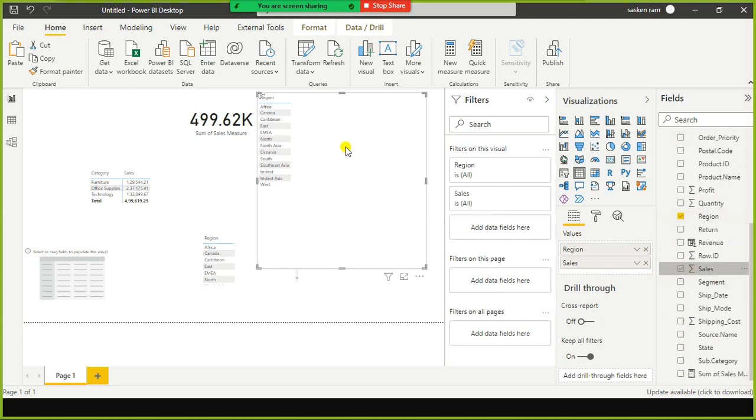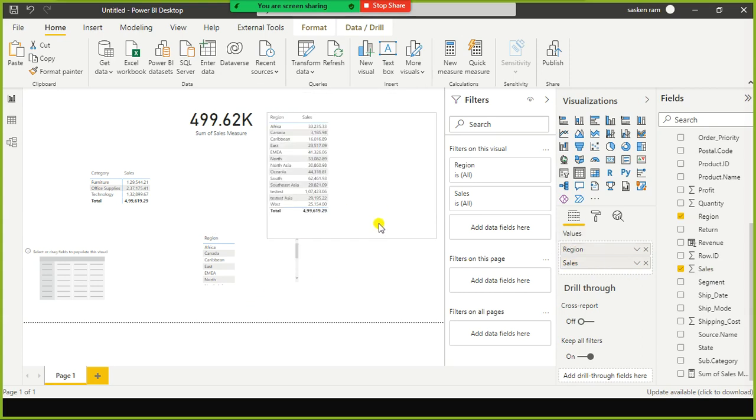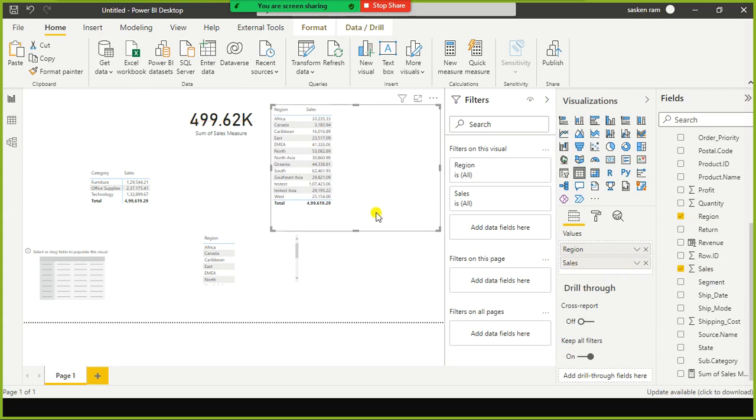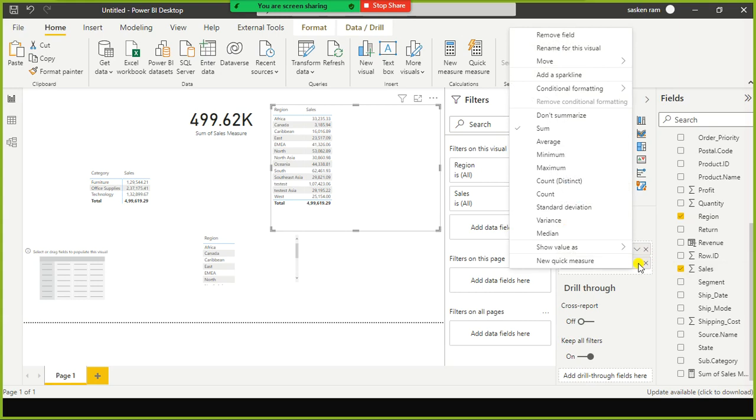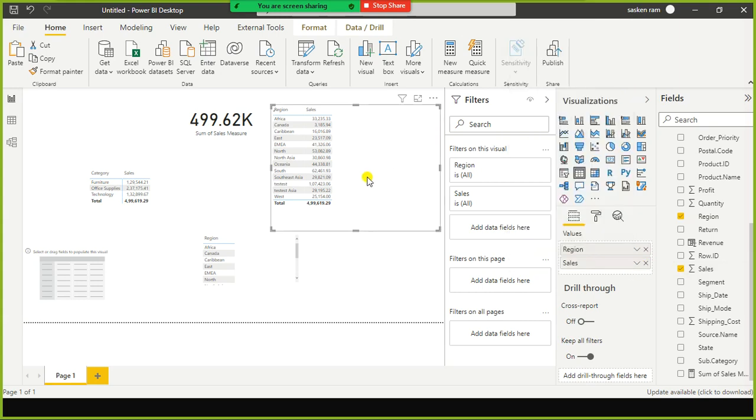When I select this, it is also a measure, but it is an implicit measure. This is created by Power BI itself. We did not create it. So this one and the measure I created explicitly are both the same. But one advantage with the implicit measure is, if you click on this here and select Don't summarize,